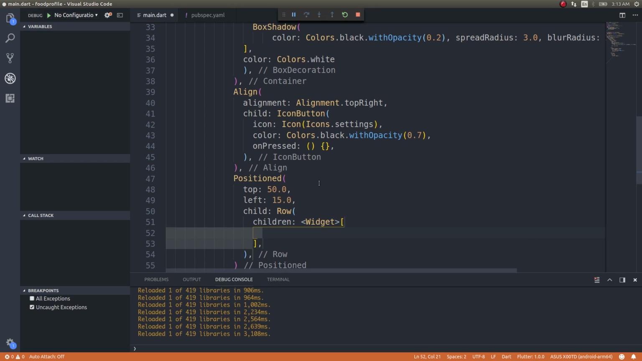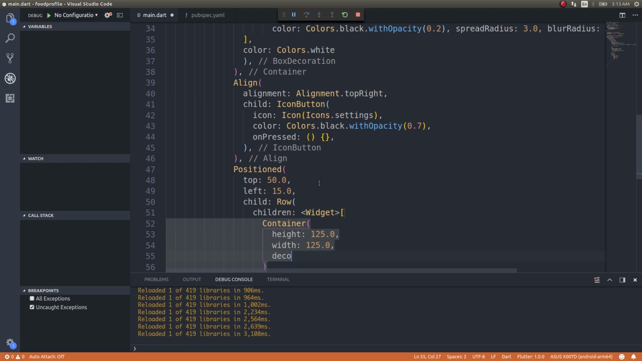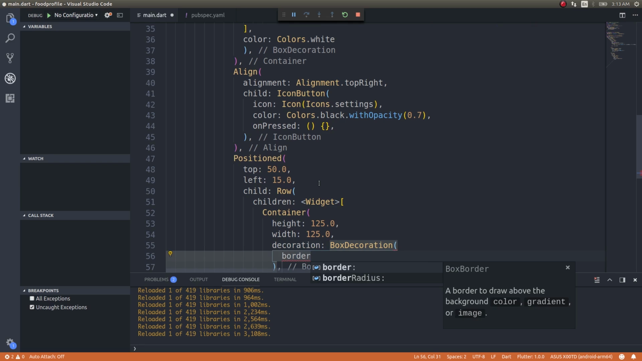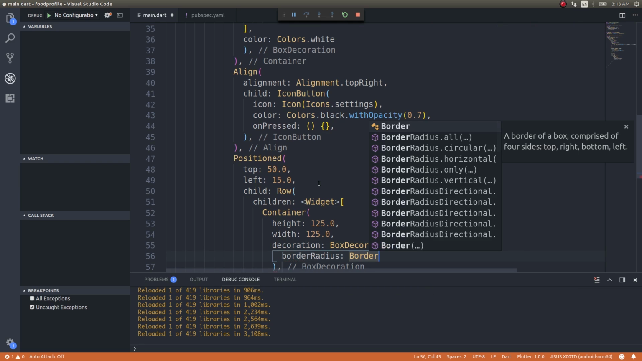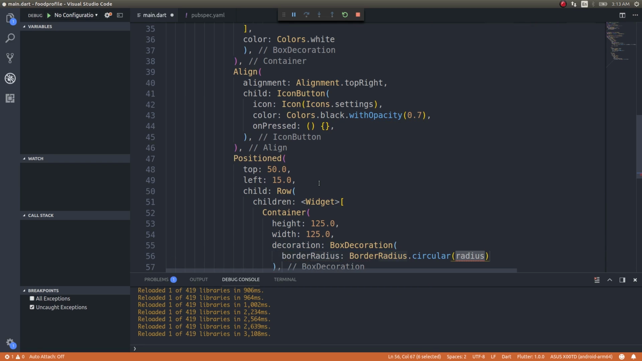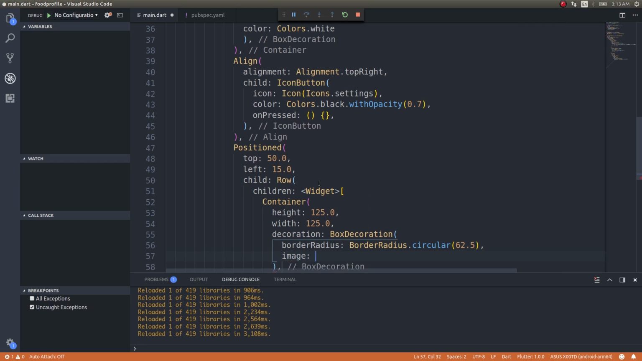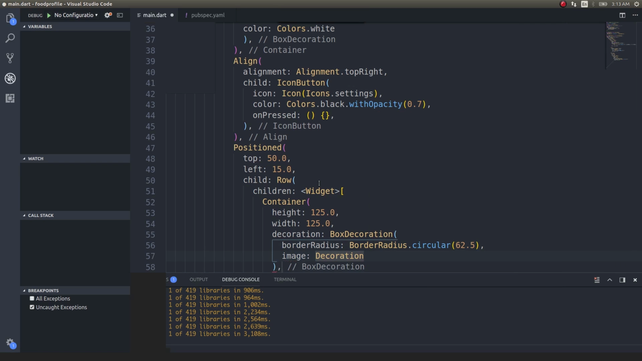So children, container, and this container will be of height 125.0, width 125.0, decoration, box decoration, border radius dot circular 62.5, so that it looks like a perfect circle. Image decoration, image